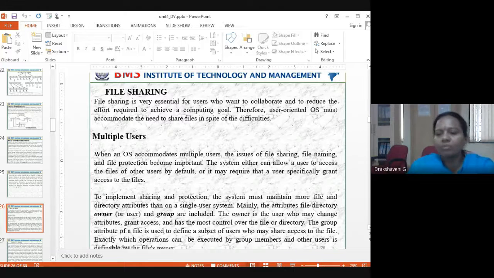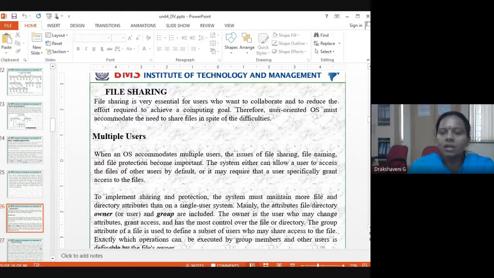Same way your labs. How are your labs shared? In the morning, three hours, the second semester will be using the lab. In the afternoon, the fourth semester will be using it. Again on Monday, this was the time. Next day, in the morning, the sixth semester will be using it. Same way you would have seen in your timetable: one day you have Java, one more day you have C, and one more day some other subject. So like that, we are sharing the labs.